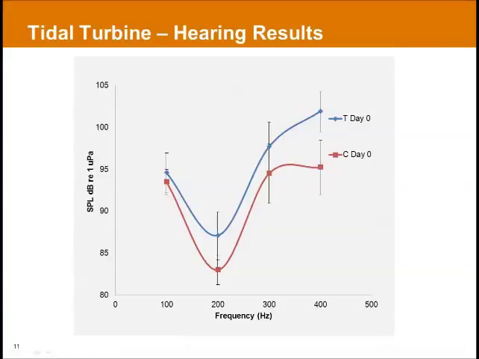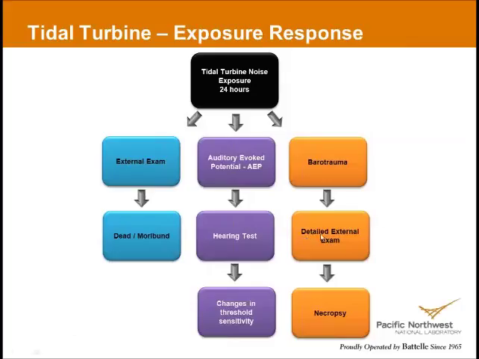And so this is an audiogram. This is just what you looked at earlier, one of our first figures. On the x-axis we have frequency in hertz, and on the y-axis we have the sound pressure level. And these are a control and an exposed group of animals. The control are in red, the red line, and the exposed group or treatment group is in blue.